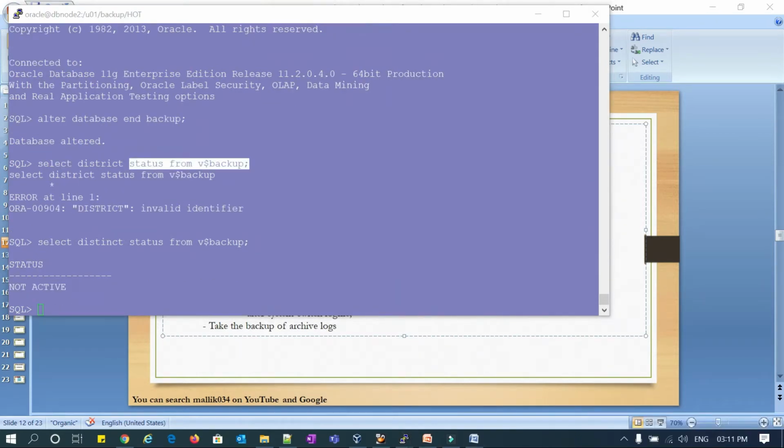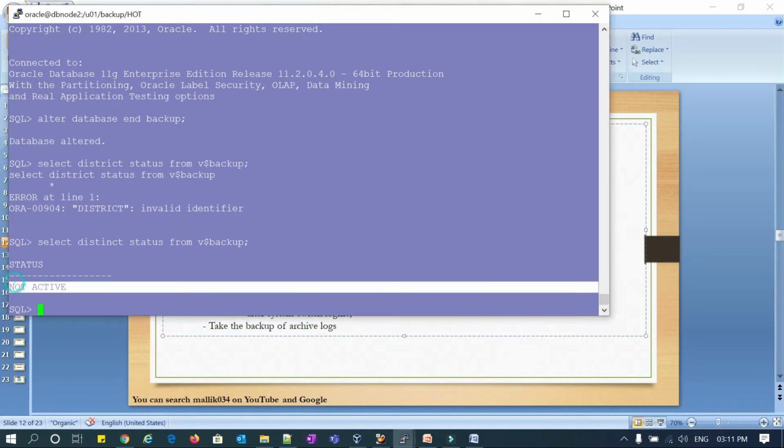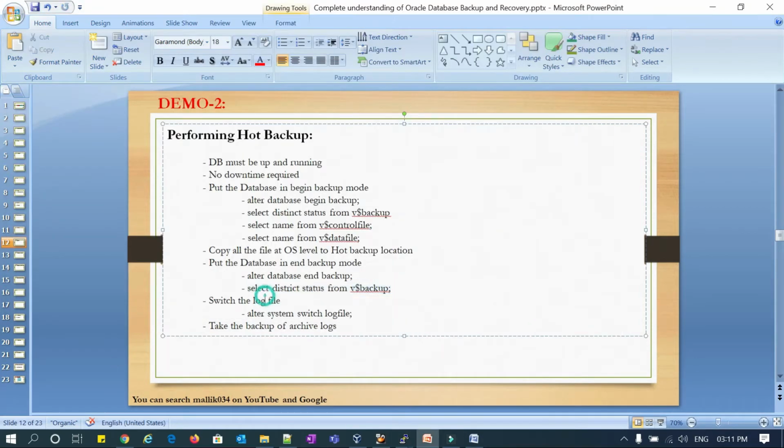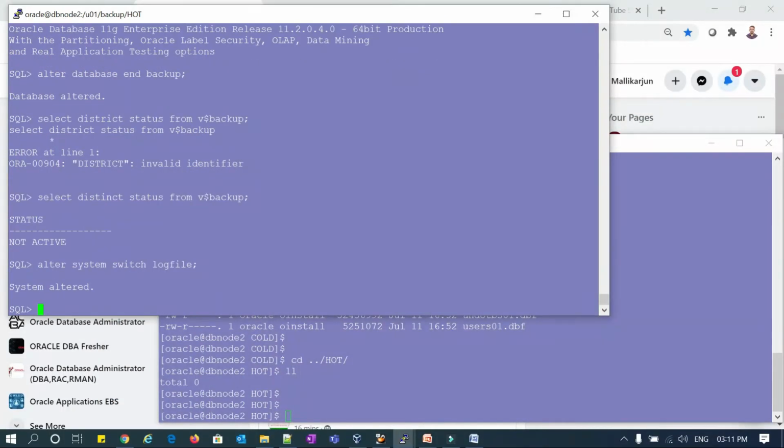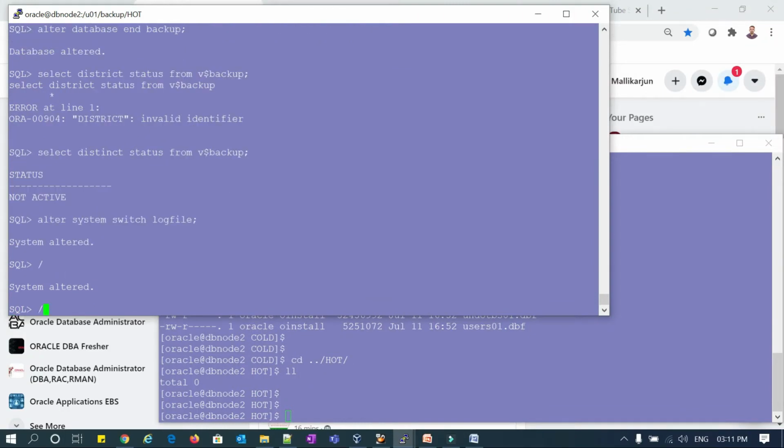Select distinct status from the backup view: not active, so I did end backup. Then switch log files: alter system switch logfile. I'll do 3-4 log switches.